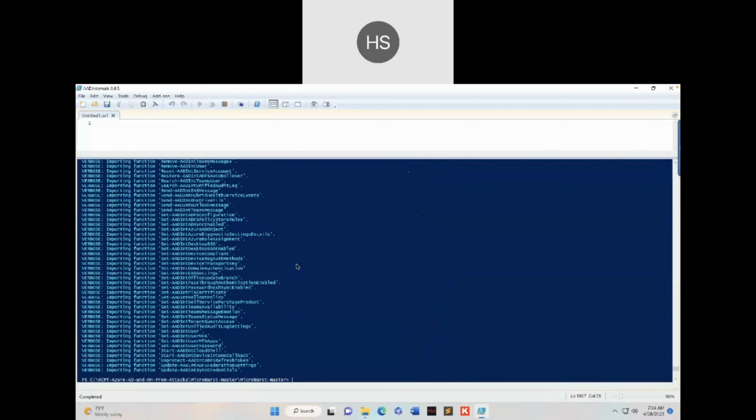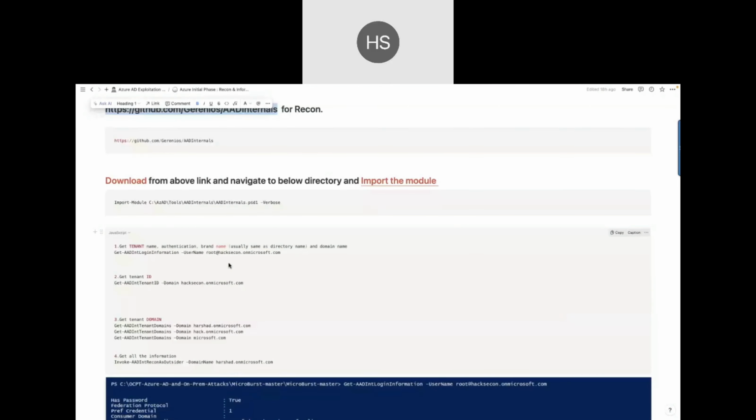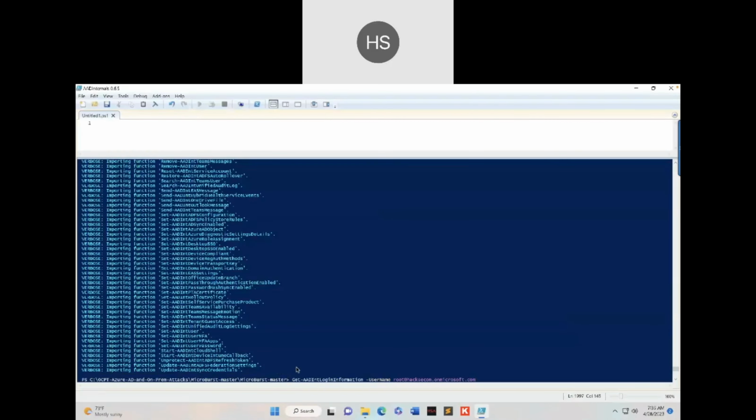So the AD module is imported successfully. Now the same information that we have gathered with the help of the link, I can identify with the help of this command. So let's go and paste it here. What this command will basically do is